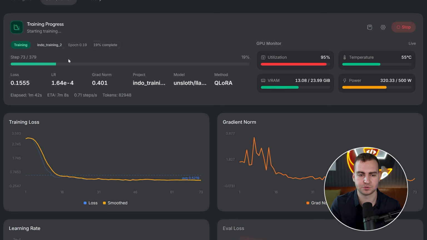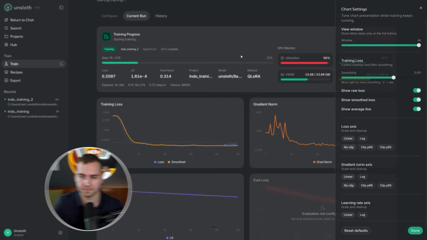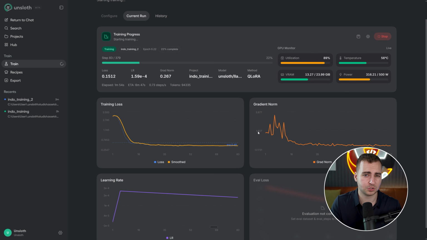It will show you all of the entries that it's gone through here in the data set, and then you can just adjust the settings if you want in terms of viewing it, and you can stop it. Don't worry too much about the gradient norm. If you want to check that out, you can ask an AI model to explain it to you, but generally